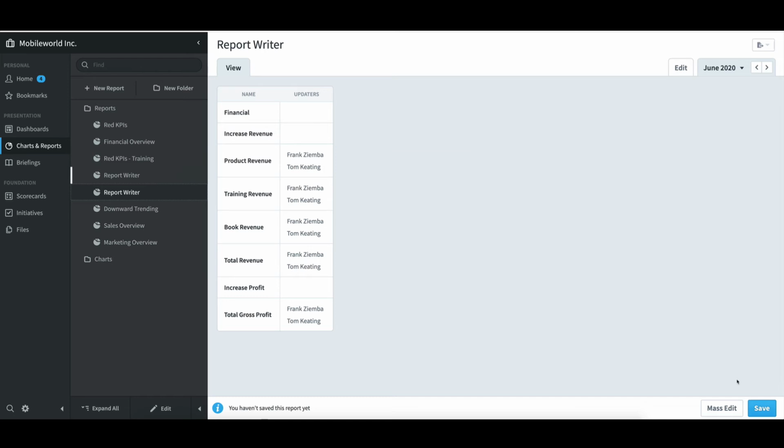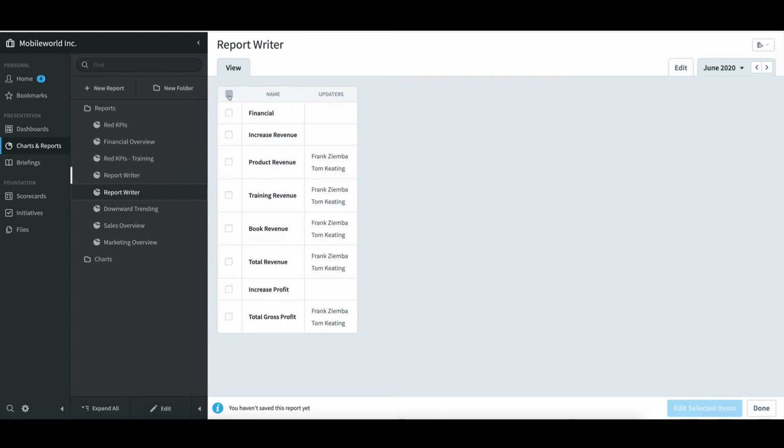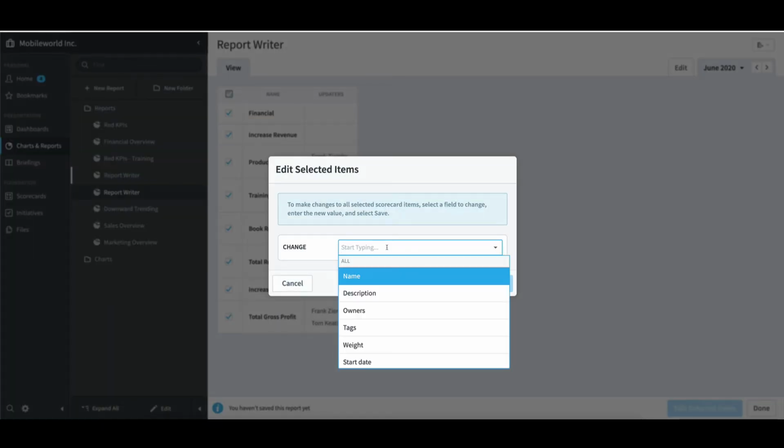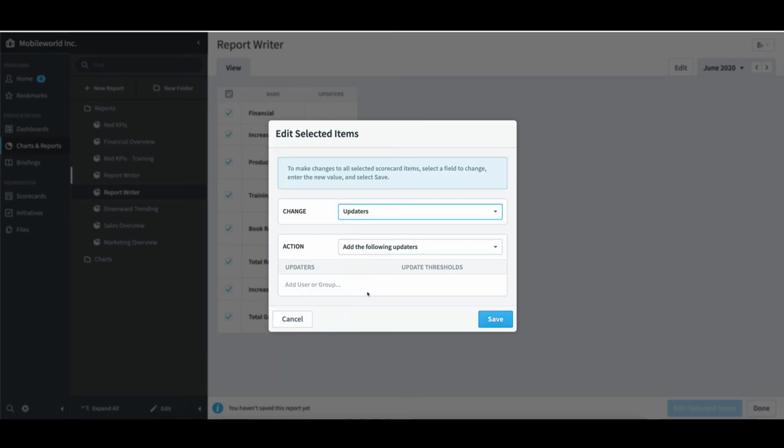Once I click Done, I can confirm that the change has been made. Now, if I want to be nice, I can go back to Mass Edit. Select the top left box, select Edit Selected Items, select Updaters, select Remove the following updaters,